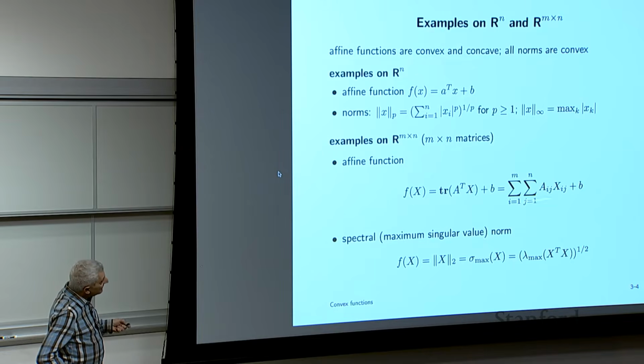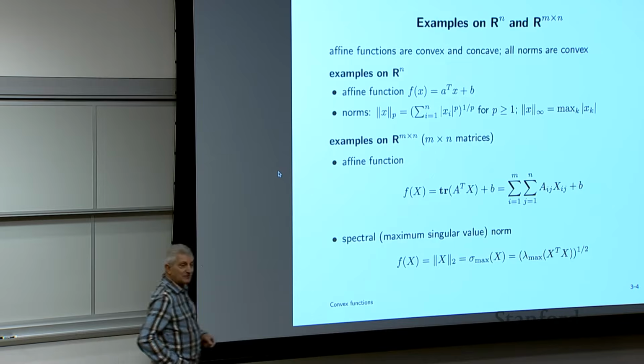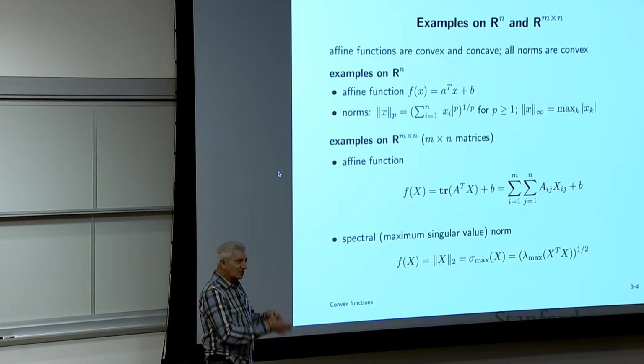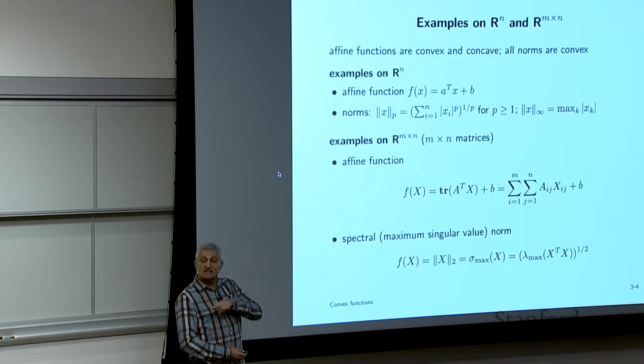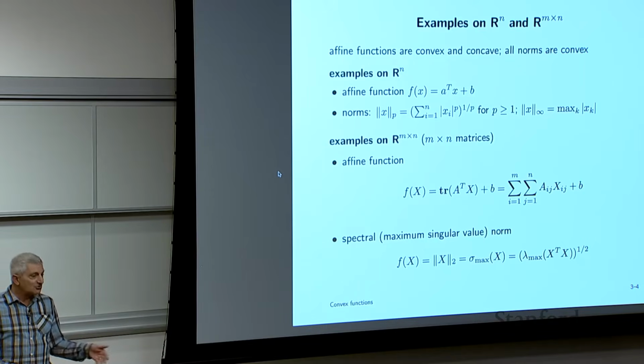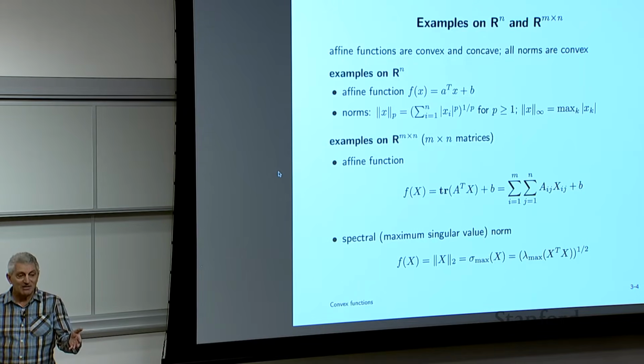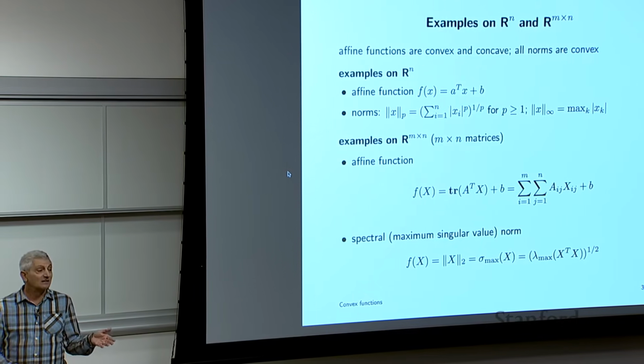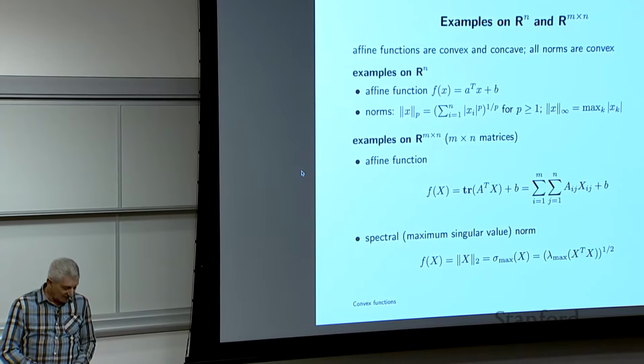It's this. If you look at this and you wrote out the formula for that, you'd see that they're kind of the same. It's a weighted sum of the coefficients, that's a linear function, plus a constant, right? And you can write that in fancy compact matrix notation this way. Trace of a matrix is the sum of the diagonal entries. And you can just check the trace of A transpose X. So when you see trace of A transpose X from now on, it's not some weird matrix formula. It's actually the inner product between 2 matrices, right?